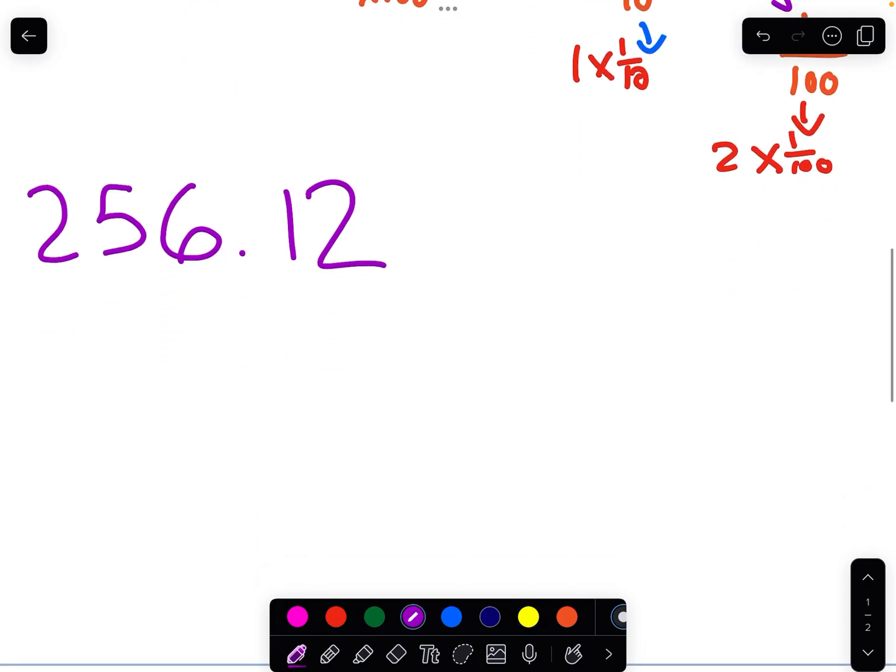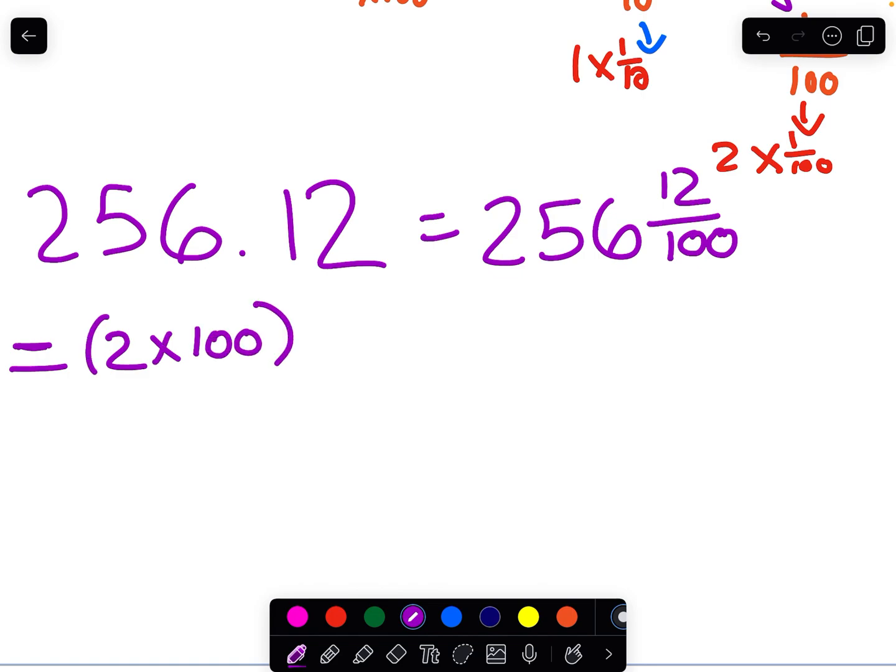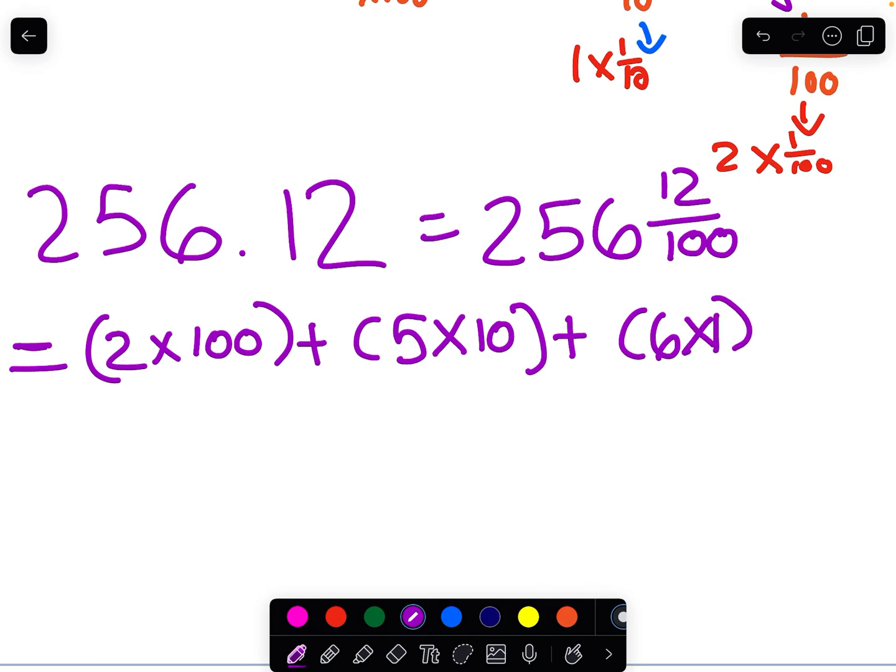And now let's get to it. So 256.12 equals, we could say it 256 and 12 hundredths. That's another way that we can think about it and say it. And it equals in expanded form 2 groups of 100, or 2 times 100, plus 5 times 10, because we have 5 groups of 10, plus 6 groups of 1, or 6 times 1,